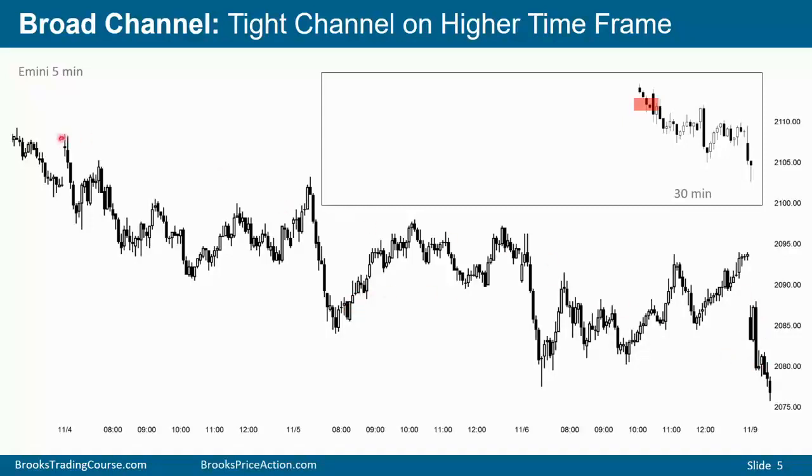Now, this chart has several hundred bars on it. When I'm trading, I'm only looking at about 100 bars. Therefore, I'm not going to be trading this. If I'm going to be trading all of these bars, I'm going to be trading them on some other time frame chart where all of these add up to maybe 100 bars. For example, here's the 30-minute chart. You could sell here, and the market stayed in a relatively tight channel, and you could hold short the entire time.